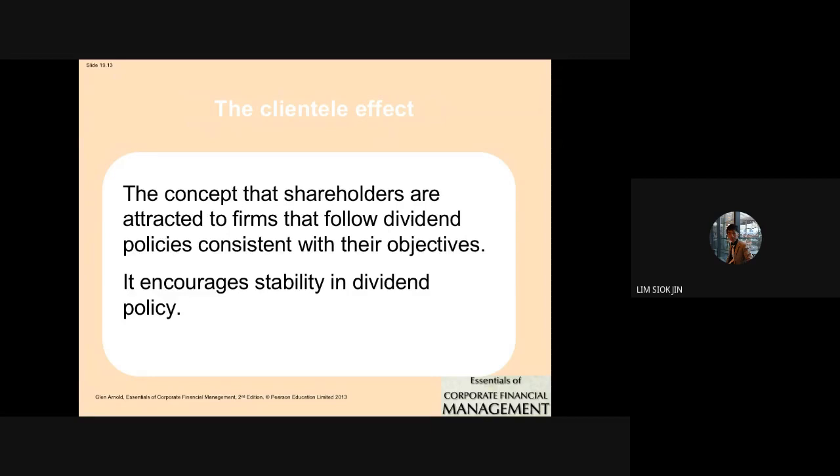Saying that is easy. However, in the real world, there are certain kinds of psychology that you have to consider, such as the clientele effect. What is the clientele effect? It is a concept that shareholders are attracted to firms or companies that follow a dividend policy that is consistent with their objective. And this policy will encourage stability in dividends. Why? For example,